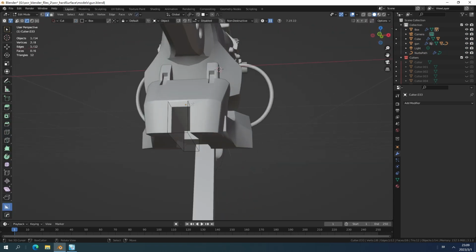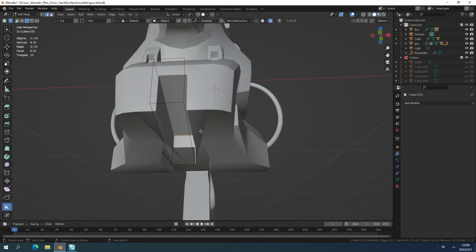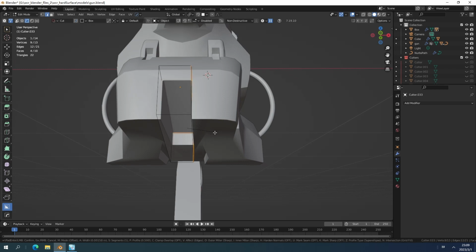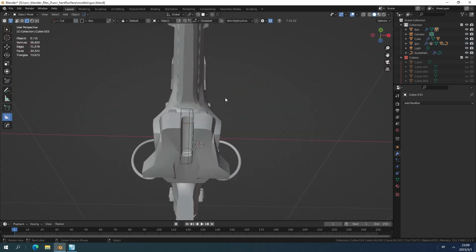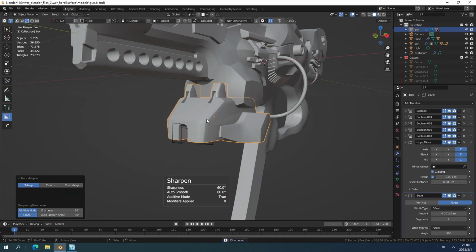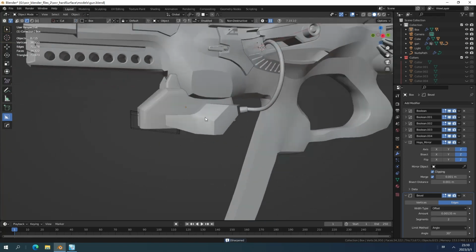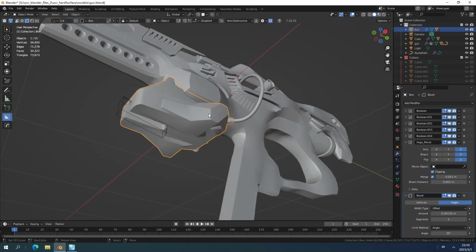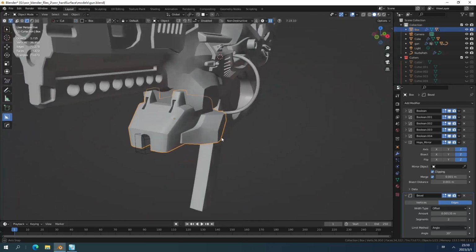And to make the shape a little bit nicer, we select those 3 edges, and we add a bevel for it 2 times, so it looks rounded like that. We sharpen it, and as for those 2 parts, they still need to be made, and then we can do something like